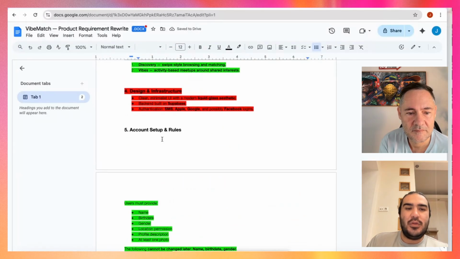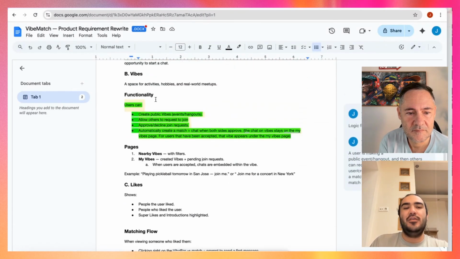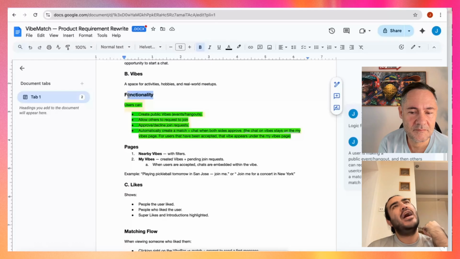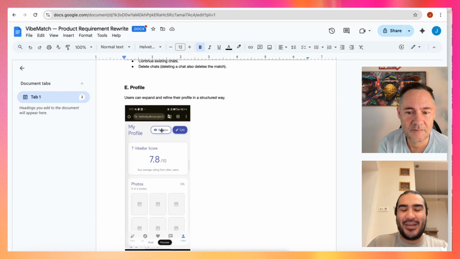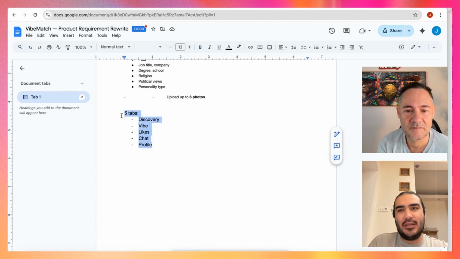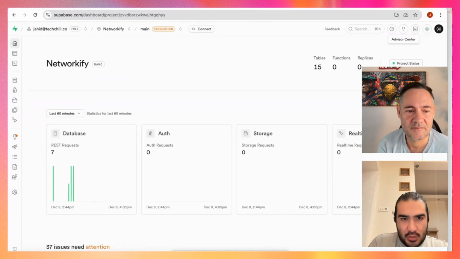So here you see this functionality. We assume this means the tabs, but actually functionality is different. It's more about how the match is happening. Sometimes I know that to vibe code you assume you don't need to know anything, but vibe coding also has a learning curve. The more you vibe code, the more of a developer you become. You learn what words to use and what things not to. It's a very interesting journey with vibe coding.